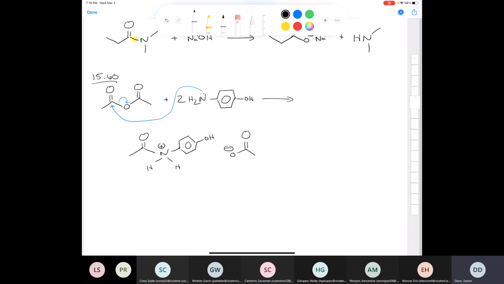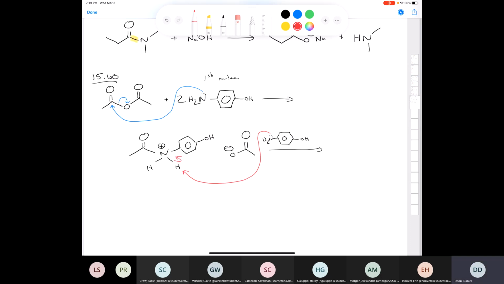So now this is the first molecule of the base. Now a second molecule of the base, so I'll draw it out again. The second molecule of the base is going to behave as a base, and it's going to rip off